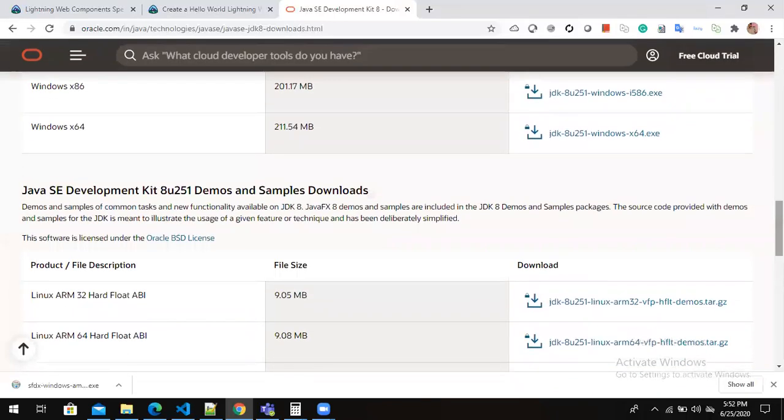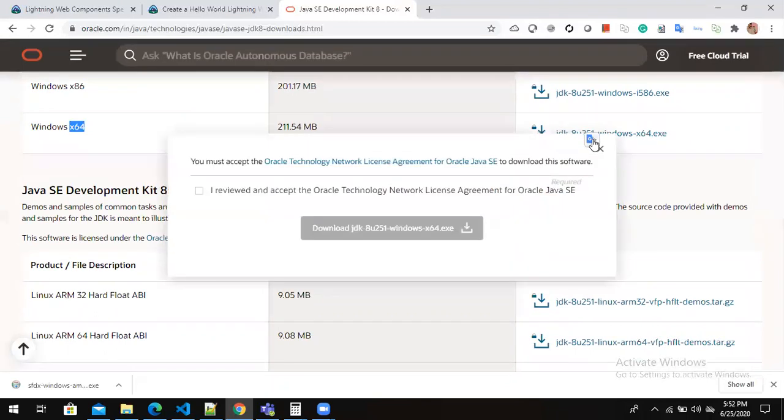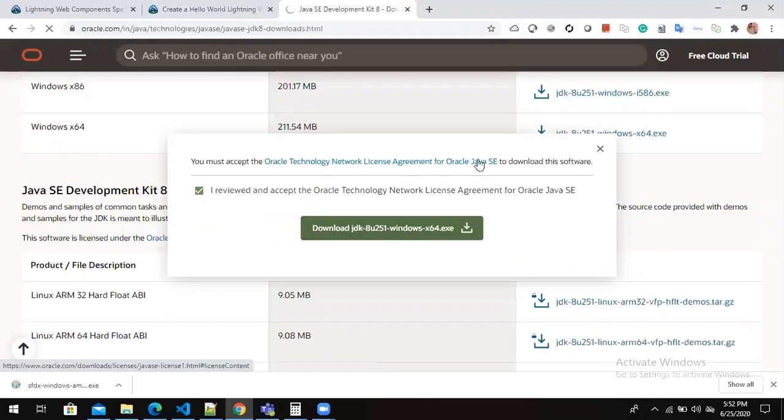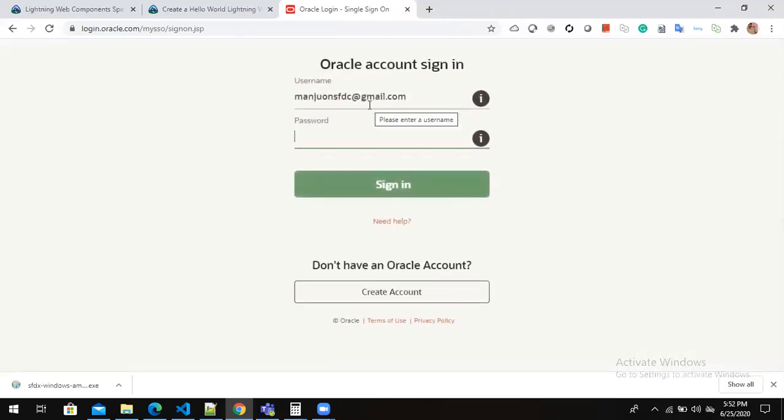Mine is a Windows 64-bit system, so I can just click on this one. After clicking this checkbox, if you click download, I have already registered with Oracle. So it will ask me the username and password, and I'm providing my username and password.